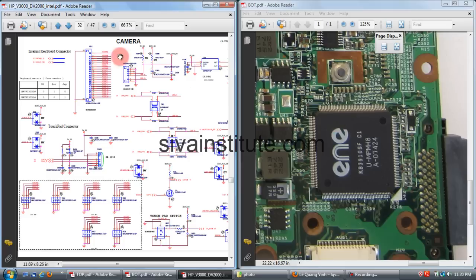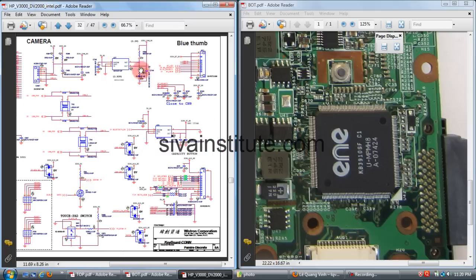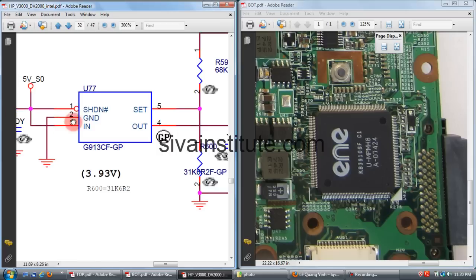Page number 32. This is the camera connector, keyboard connector, touchpad connector, Bluetooth connector, and USB port connector. Here two regulators are there. This is camera regulator U77. If it is faulty, camera will not work.